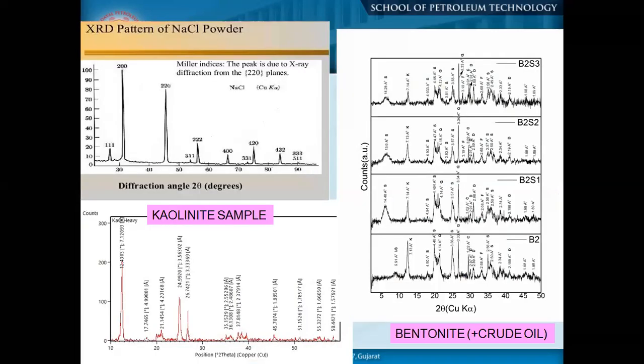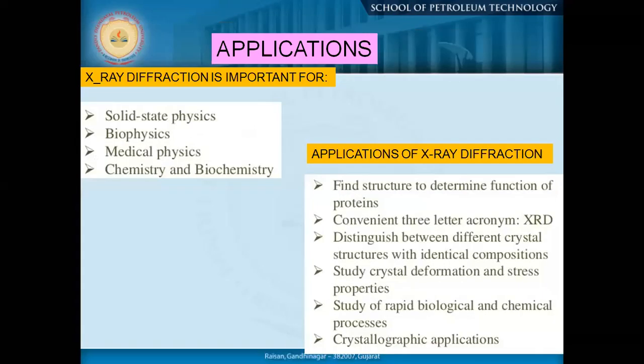Okay, so these are the samples I already discussed. These kaolinite samples, I'll just give you as a few examples for your own analysis. Okay, so you see we can use it in X-ray, solid state physics, biophysics, medical physics, chemistry, biology. Everywhere you could use this XRD. You can understand each and every domain of our normal day-to-day activity, or when doing some research work, or maybe any job. It is used at a very fine level, fine structure, to determine the functions of proteins, and to distinguish between different crystal structures with identical compositions. That means a huge application in our specific field.